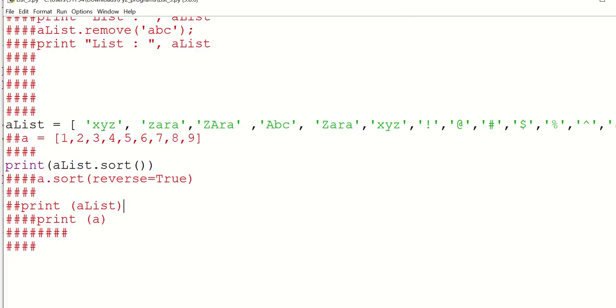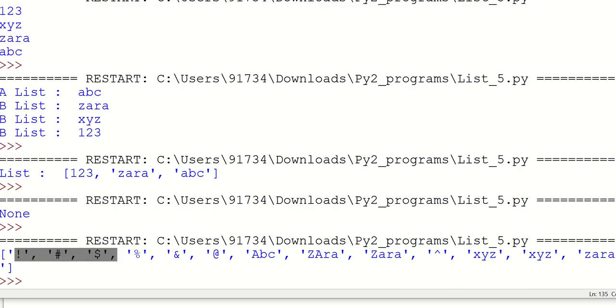Okay, wait, I should actually use a list dot sort, and then I should actually write a list. Okay, and a list. So this is the order. Okay, all special characters are the smallest, followed by all capital letters, then followed by small letters. This is the ascending order.